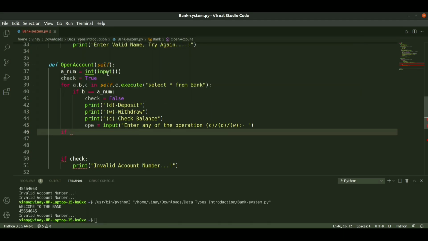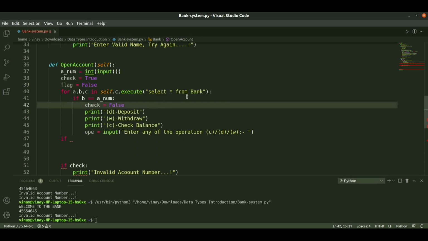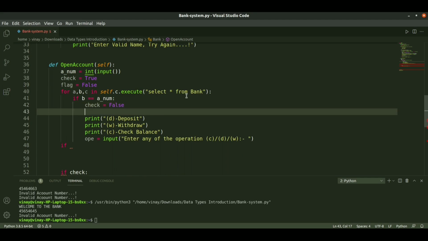For this we use just flag equal to false. Initially we set it as false, and when the user exists, we need to change this flag. So initially we define the flag as false and we need to change it to true.